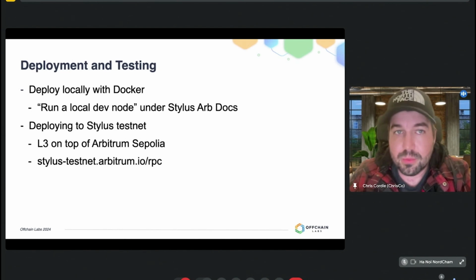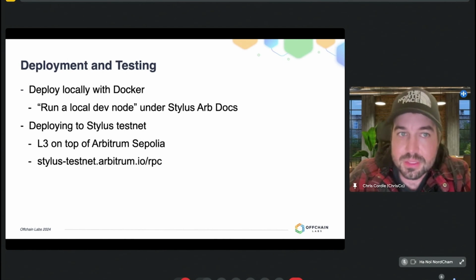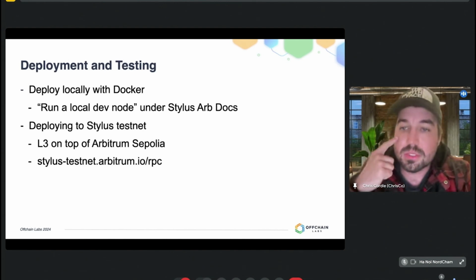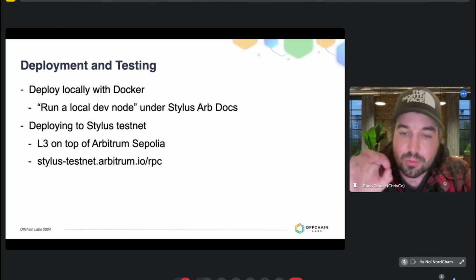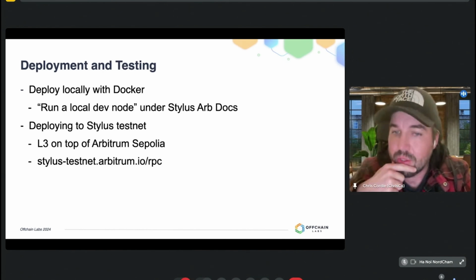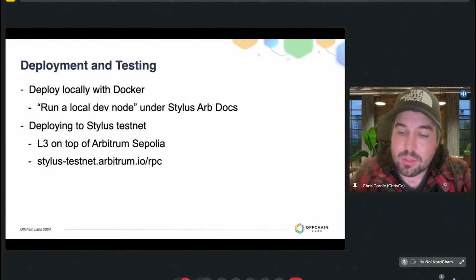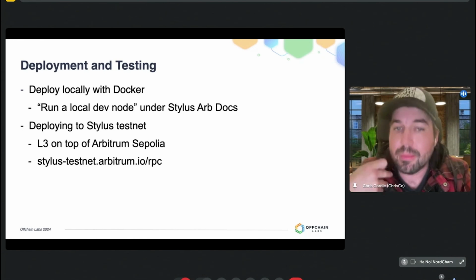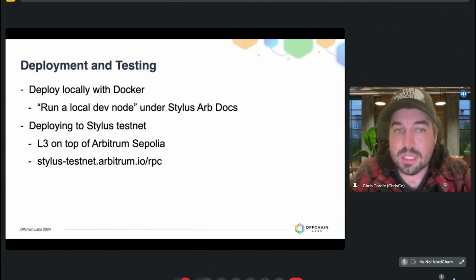Also, when you want to develop a smart contract, it helps to run a local development environment, which we call a local dev node. That's also under the Stylus docs, and it's included in the FOSSASIA instructions. So hopefully you've got your local dev node set up if you want to follow along. The example that I'm going to show you later will be run on my local machine, but you're also welcome to deploy to the public Stylus testnet,